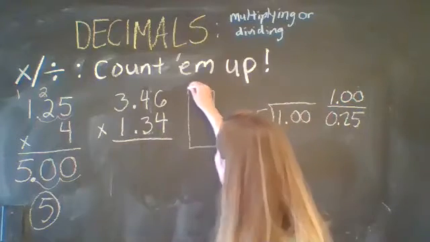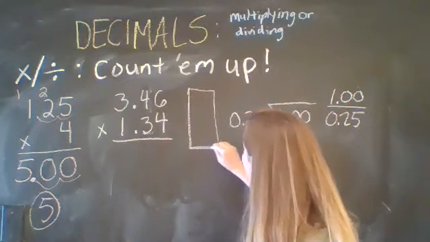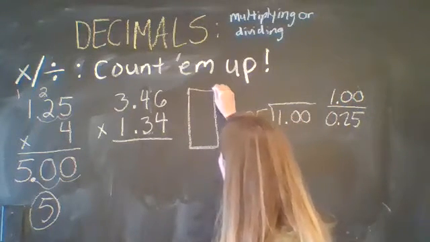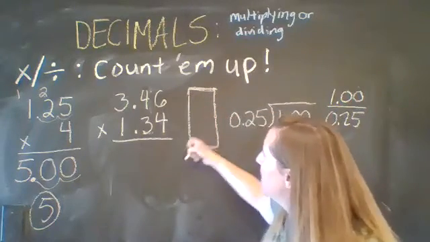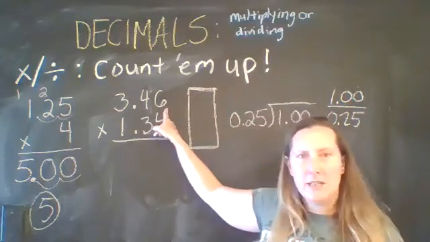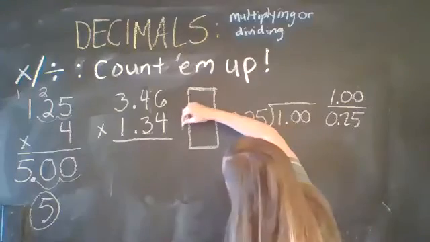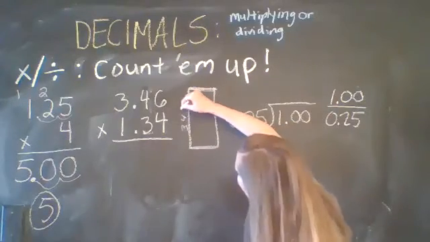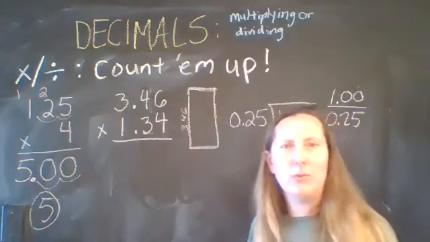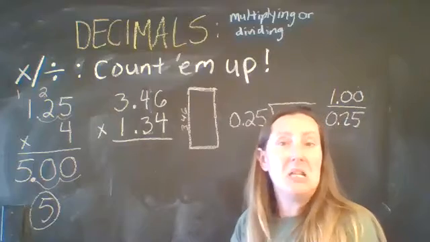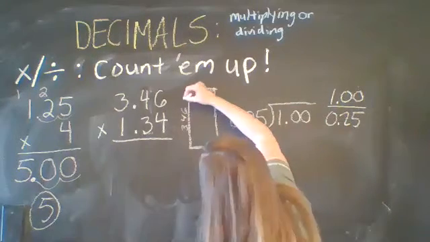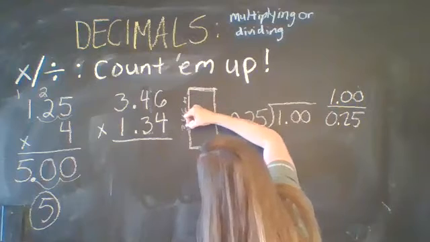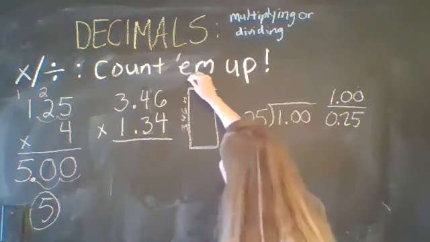Okay, let's talk about a little bit of a more complicated problem. Let's say we had to find the area of a rectangle. That's a lousy rectangle, but you get the idea. One side of this rectangle is 3 46/100, we'll say inches, or meters, or let's use meters. 3 46/100 meters, and then this side is 1